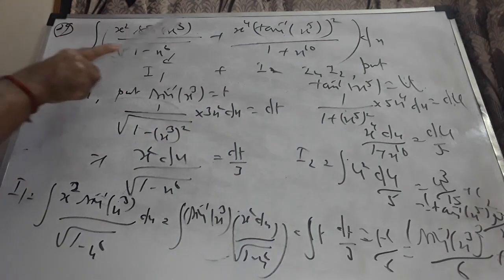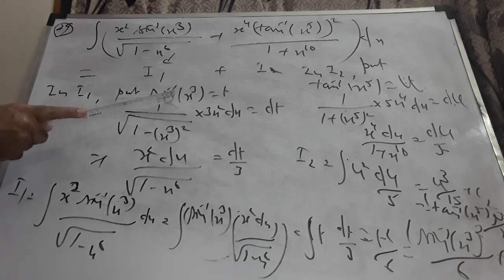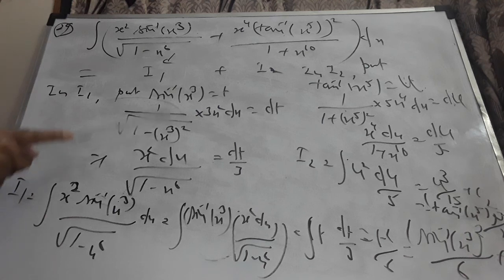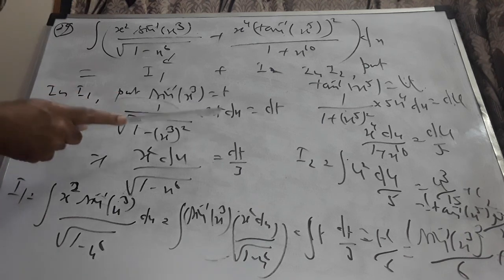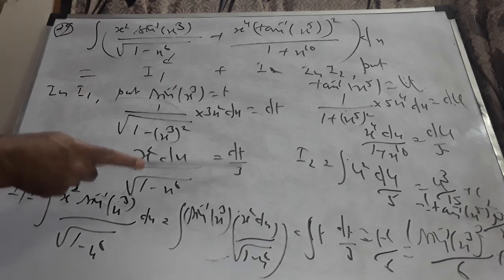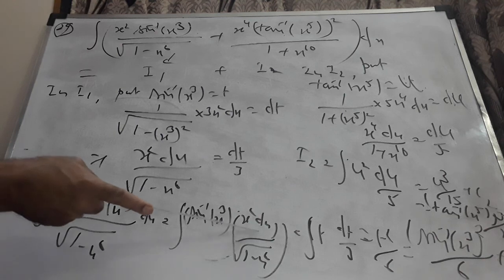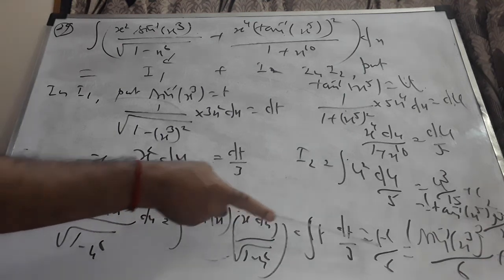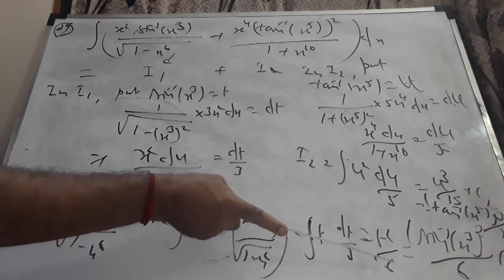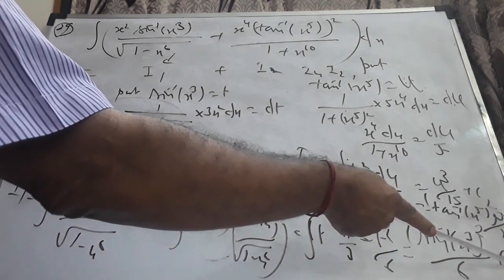In I1 take this as t, therefore dt becomes automatically, the derivative of sine inverse is 1 by root of 1 minus square of the value. For x cube it is 3x square. So x square dx can be written as dt by 3. The whole quantity now becomes t dt by 3. Integral t dt is t square by 2. Therefore, I will call it (sin inverse x cube) the whole square by 6 plus c1, let us say.